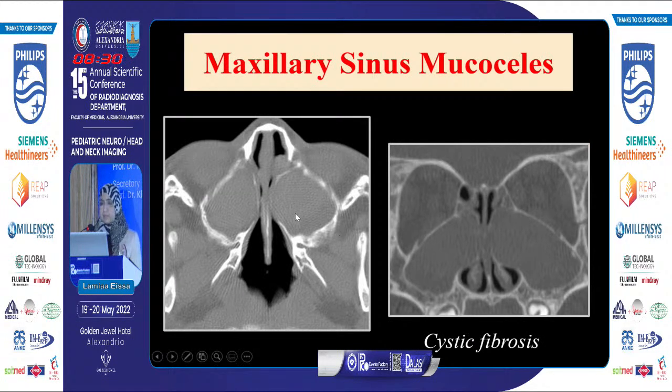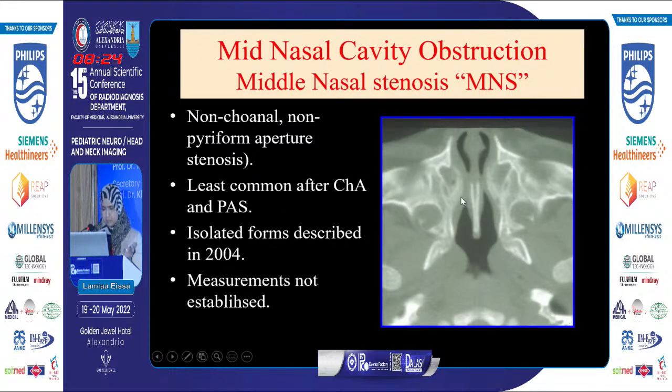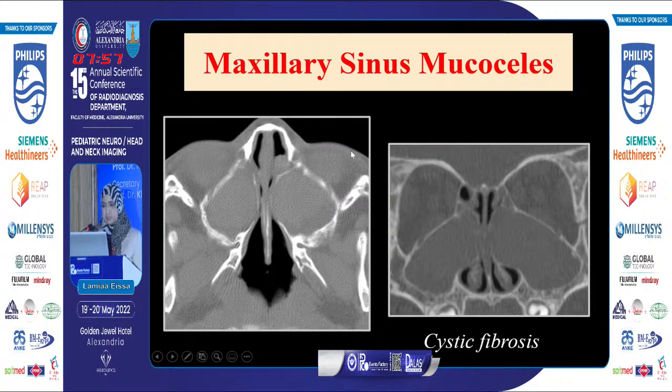This mid-cavity stenosis can be secondary, like obstruction by maxillary. The other case, the prior slide. Here we have the lumen appearing intrinsically narrowed by opposition of the bony walls of the septum against the medial maxillary wall, in absence of any obstructing masses, and it is located here in the middle of the nasal cavity, which is called mid-cavity stenosis. And it can be secondary to obstructing causes like maxillary sinus mucoceles, like here in case